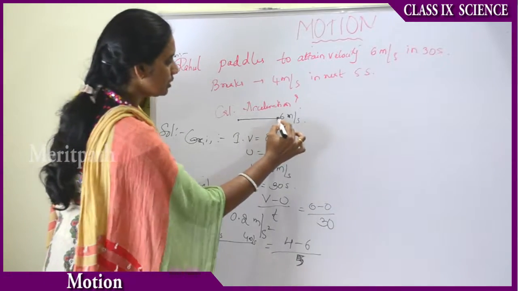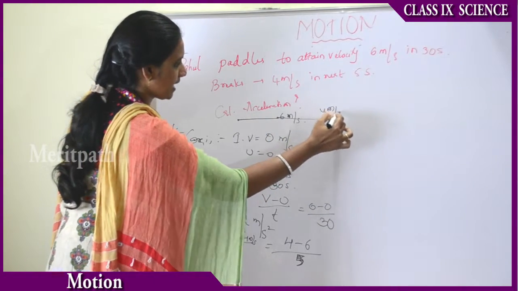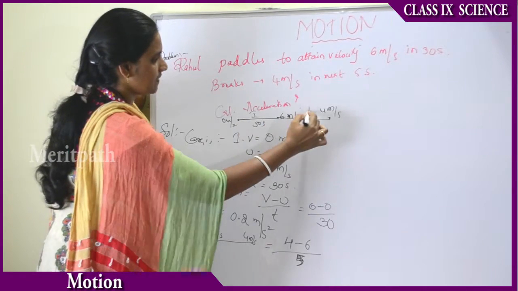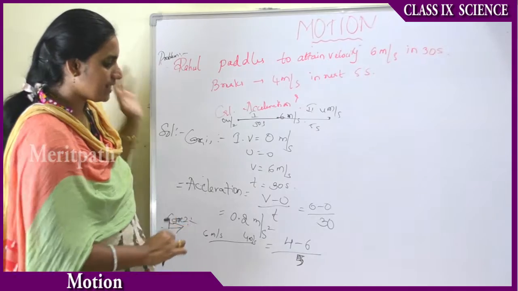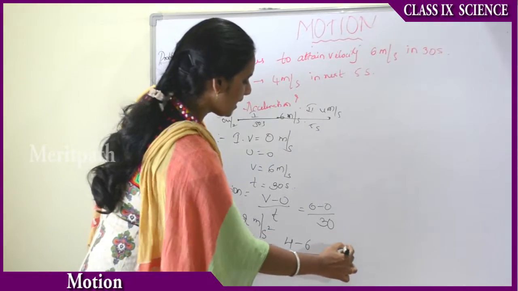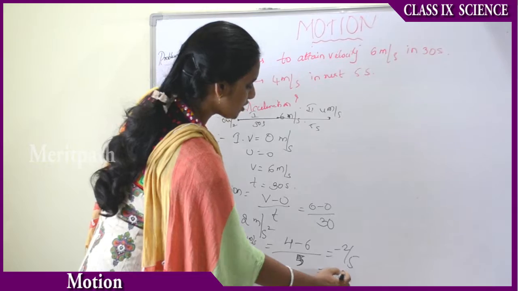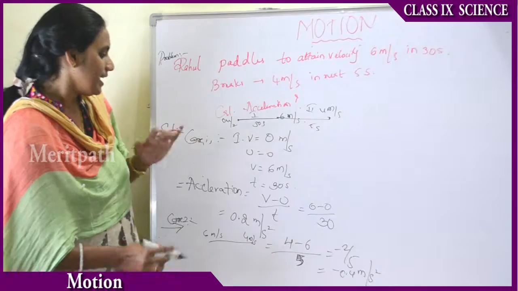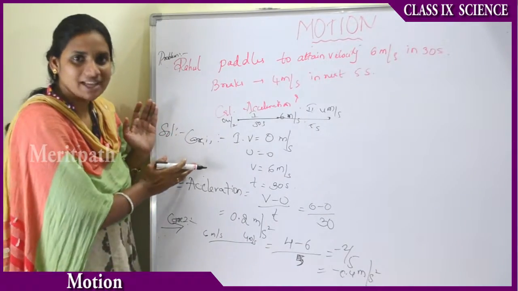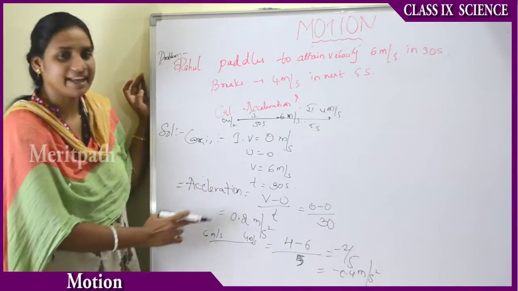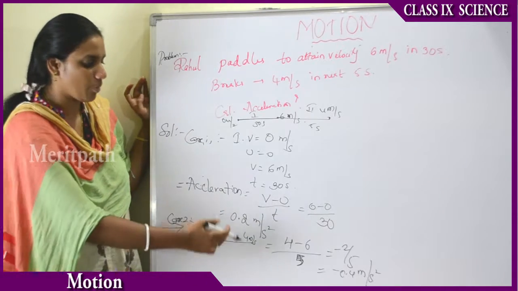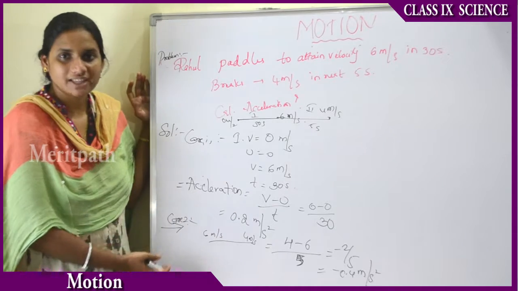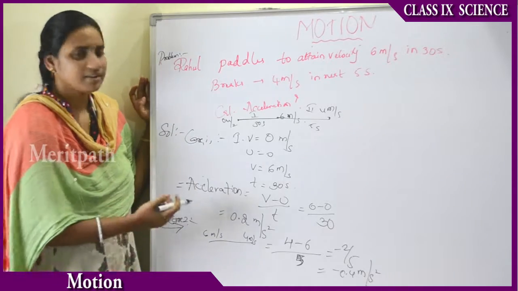So from here to here, that is 4 meters per second. Here 5 seconds, here 30 seconds. This is case 1 and this is case 2, right? Therefore, he is attaining minus 2 by 5, which equals minus 0.4 meter per second square in the second case. That means in case 1 he has positive acceleration and in case 2 he has negative acceleration because it is opposite to the direction of velocity. Thus we can find the acceleration and velocity of a given sum.